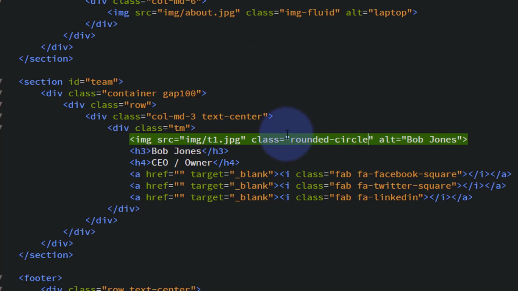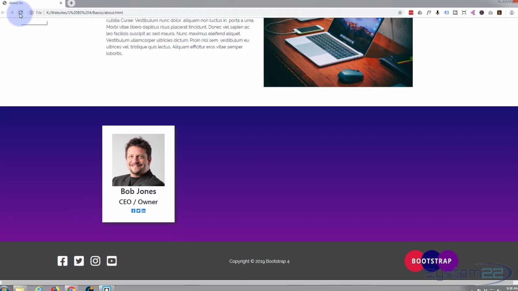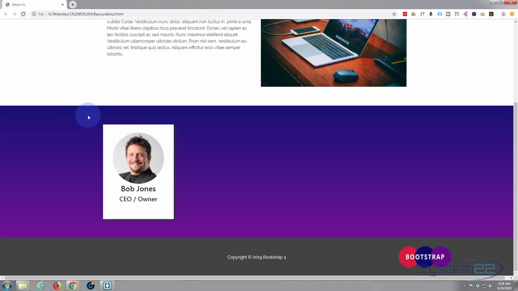Like I said before, if you want a round image, you want to start off with a square one, else you're going to get some strange shapes. Control S to save. Let's go back to the site, refresh. There we go. Old Bob's now round. That's fine. That's kind of what I want there. Okay, let's have a look, see. I actually want to give it a bit more space between his image and that,